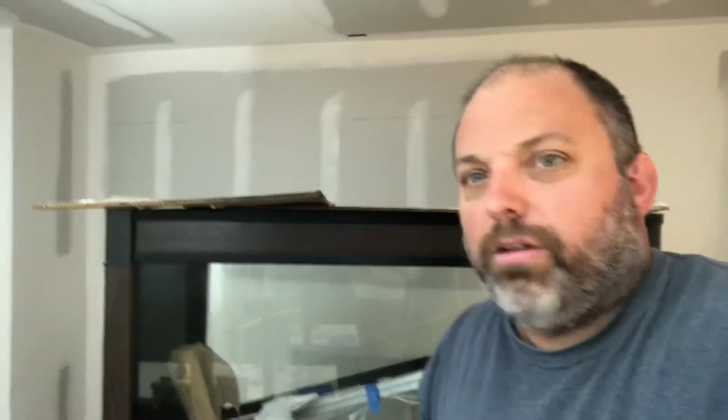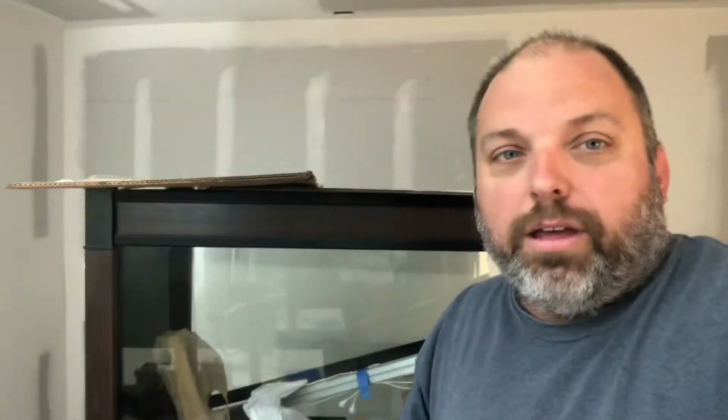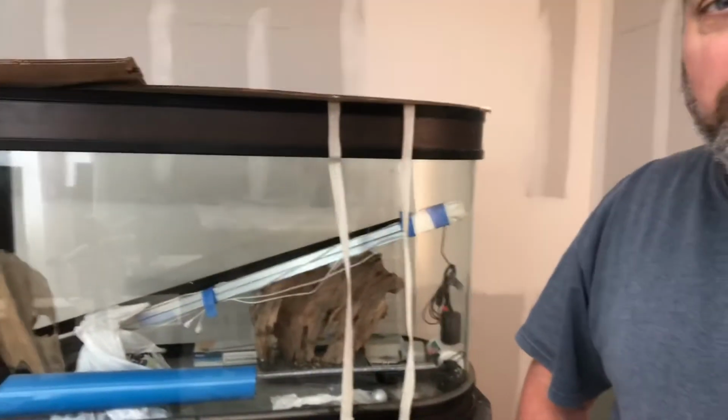So, as you can see, my basement is getting closer. It's only 4 years. Everything takes time. Got to be patient, just like in the fish hobby. And this fish tank will be one of my first projects that